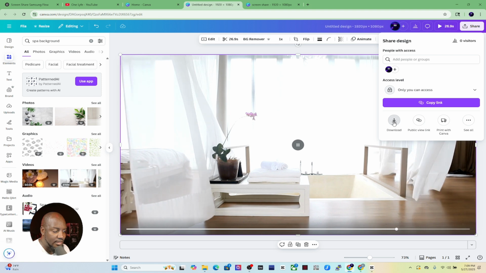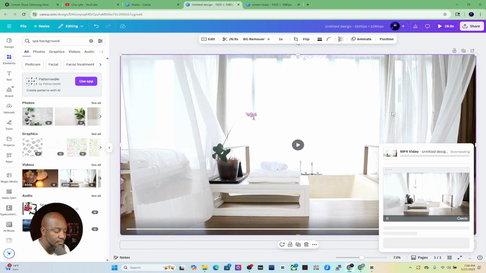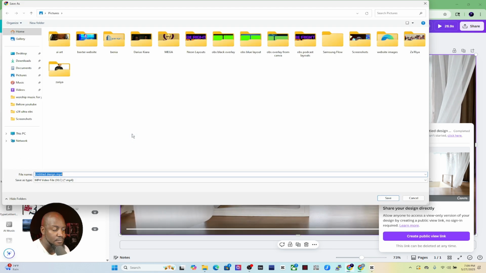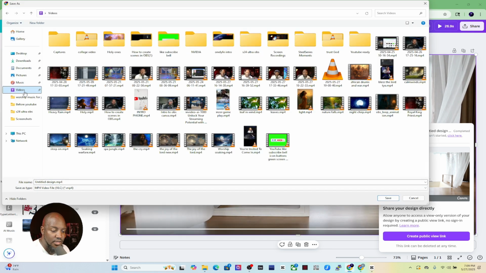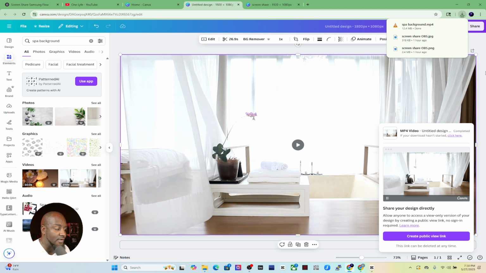And just download. Now I'm downloading as 1080p. No need to do 4K. Okay, save that under, let's see. I'll just save it here as spa background. Okay, I got that saved as spa background. Now what I'm going to do,